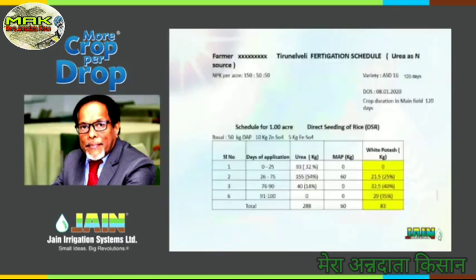Now, this is our recommendation, which I have prepared for a rice farmer. We introduce potash, for example, just to look at the potash only. Between 26 to 30 days, growth is over. There, the nitrogen has gone up from 32% to 54%. I started applying a bit of potash, 25%. But maximum potash is coming from 75 days to about 90 days time. So we could make that one.